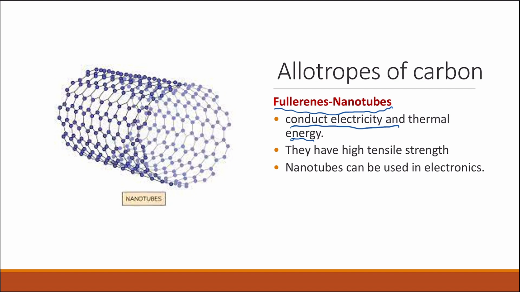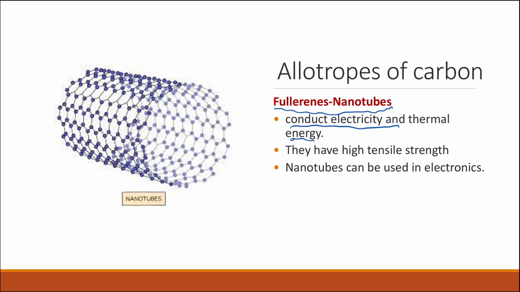These nanotubes are made out of carbon as well, because this is fullerene, which is one of the allotropes of carbon. One of the special properties of fullerene and fullerene nanotubes is that it has high tensile strength,